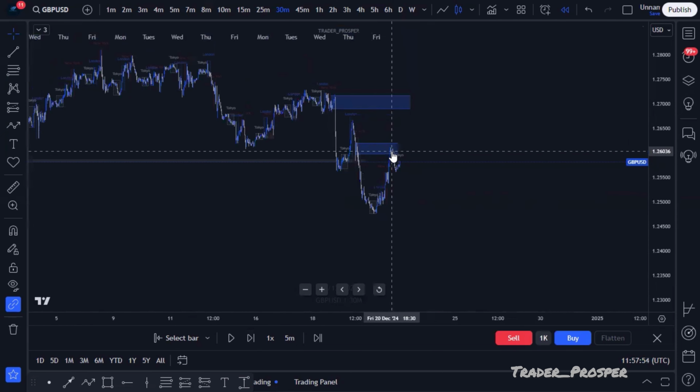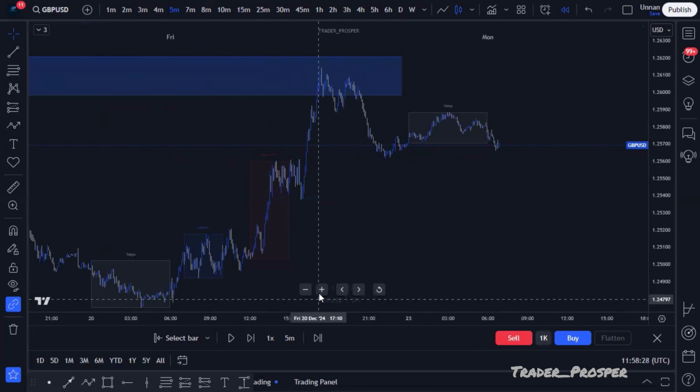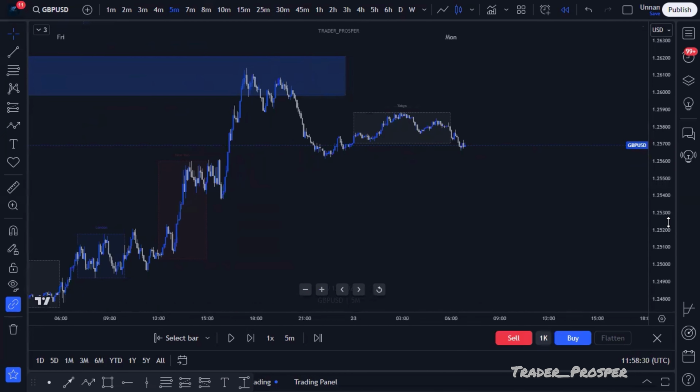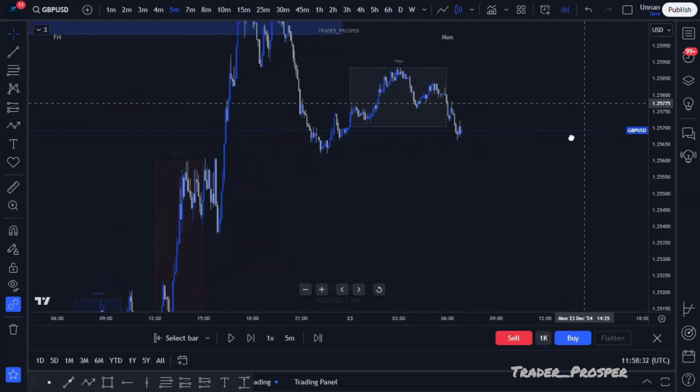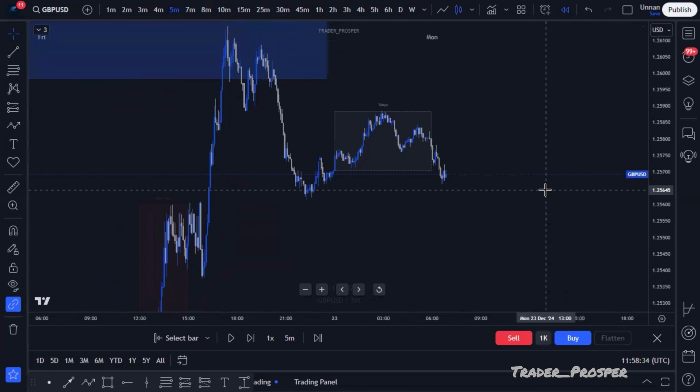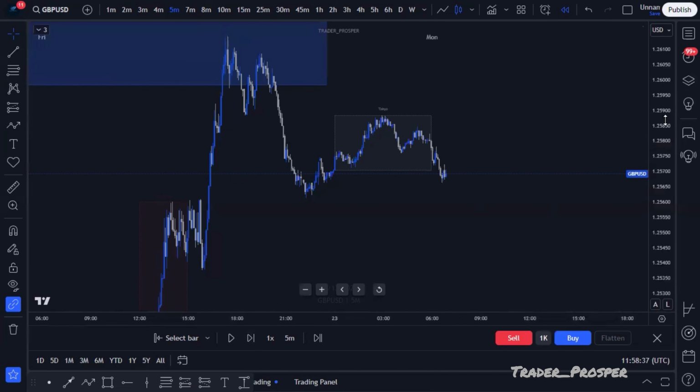Now, this is the right time you are supposed to be looking for trade opportunities in the market. On the lower time frame, we're going to be looking out for sell entries. We're not going to be looking for buy entries because the higher time frame is telling us to sell. Immediately after the Asian session, this is already 6:55 and around 7. If we are doing an analysis on the lower time frame, we need to be marking out those